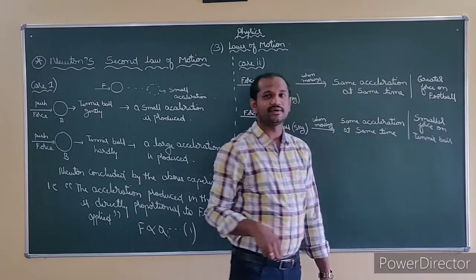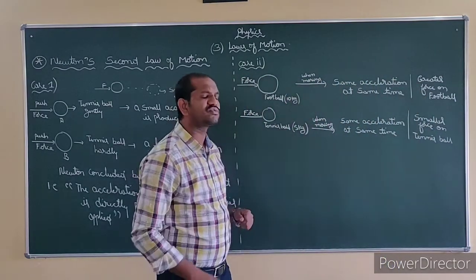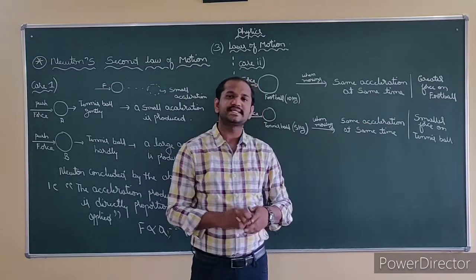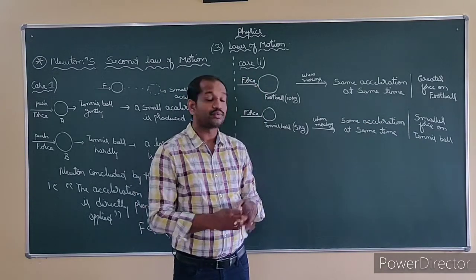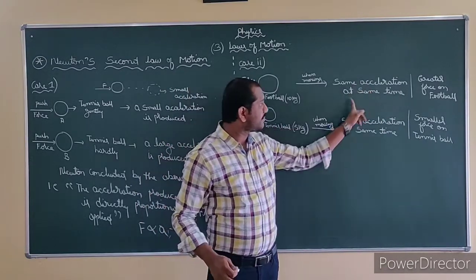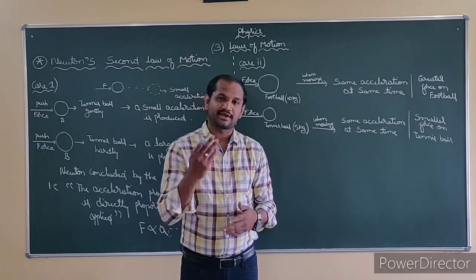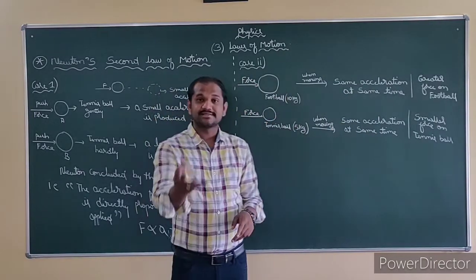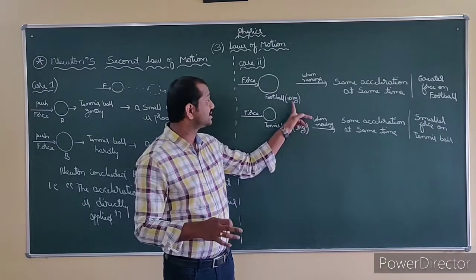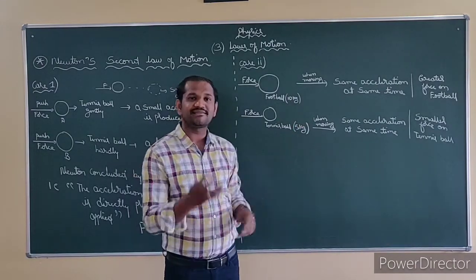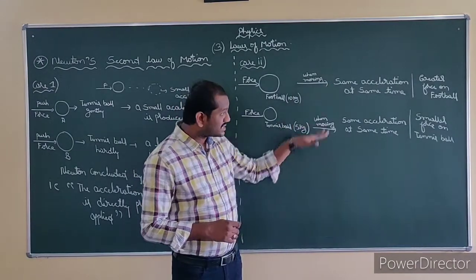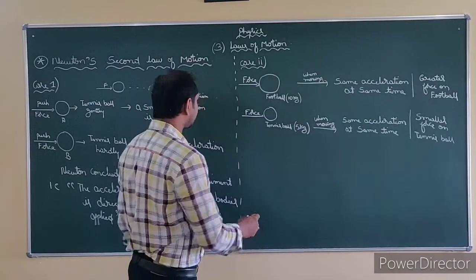Why do you think so? Why is a greater force needed on the football and why is less force needed on the tennis ball to make both move with the same acceleration in the same time? Because the football's mass is more. The football's mass is 10 kg. The tennis ball's mass is 5 kg. So from this, Newton concluded that